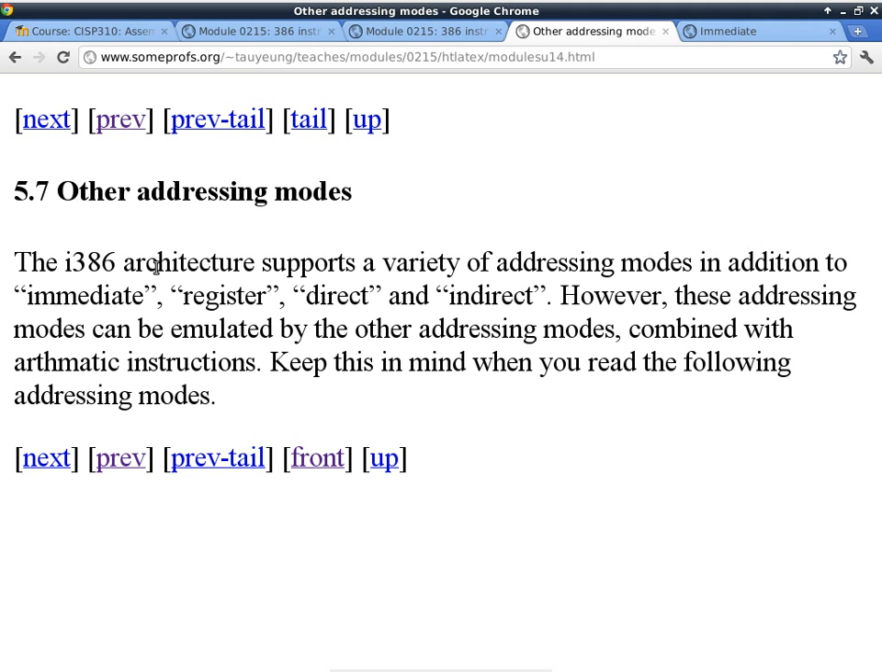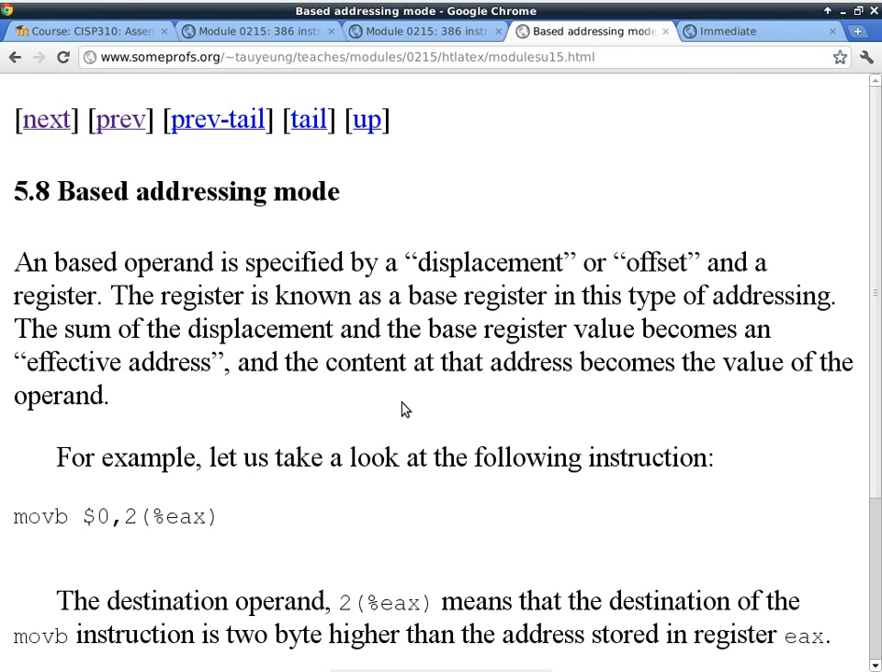The i386 architecture supports a variety of addressing modes in addition to immediate, register, direct, and indirect. But these addressing modes can be emulated by other addressing modes. We'll talk about this later, and we'll just go ahead and do some basic exposure to this. This is what we call a based addressing mode,